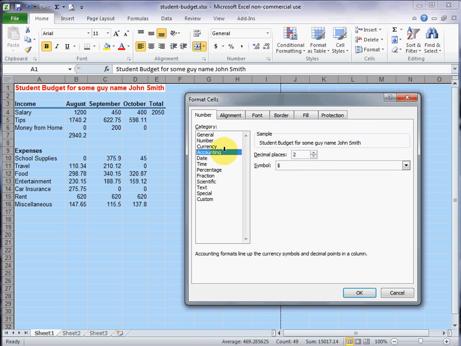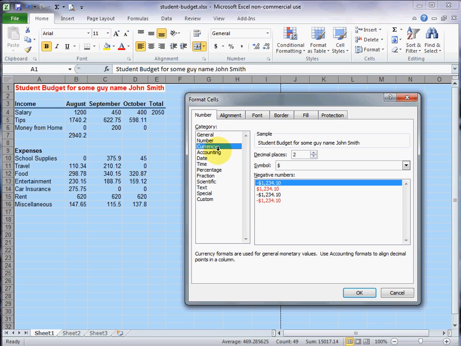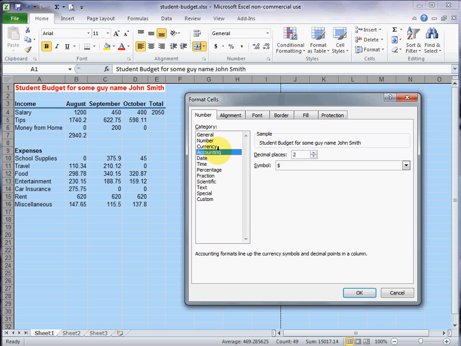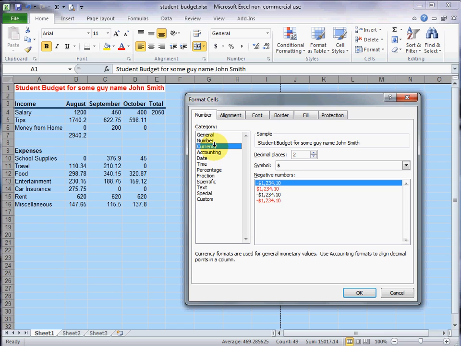Accounting is a slight variation on currency. I think we'll always want to use currency, but you can use accounting. Accounting just left aligns the dollar sign and puts negative numbers in parentheses. So if you're used to accounting spreadsheets, that's what they're going to look like. But we use currency. But you'll notice you can also do percentages, fractions, if it's possible to make a fraction